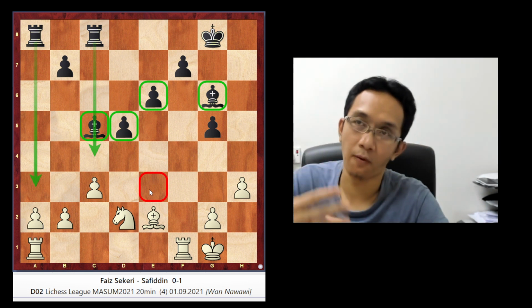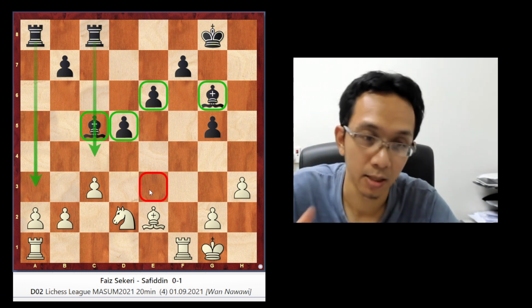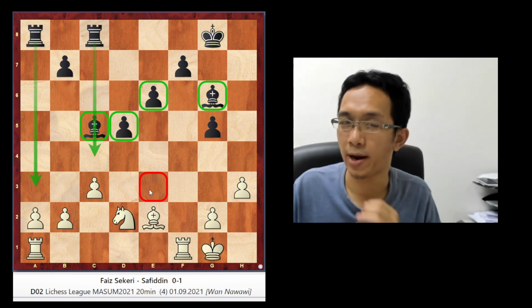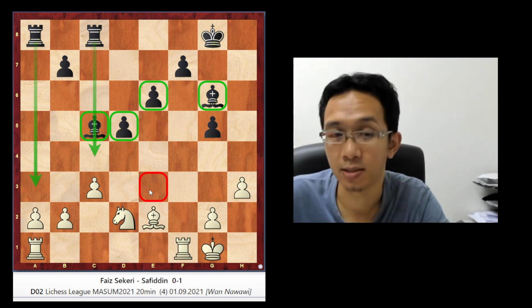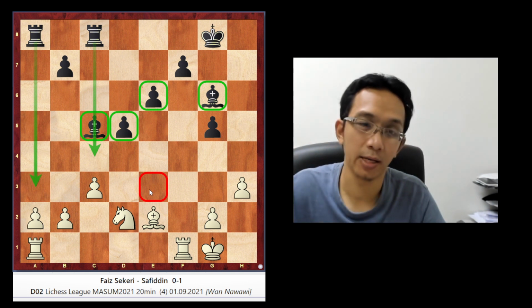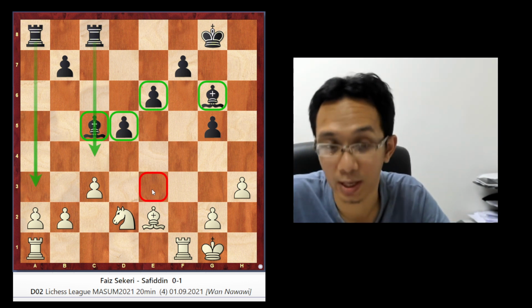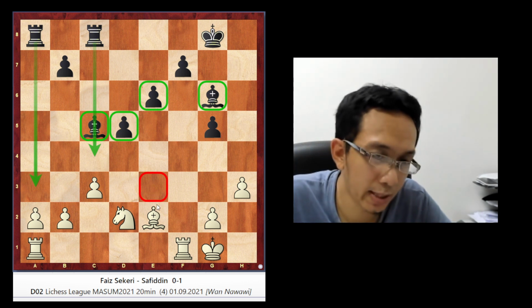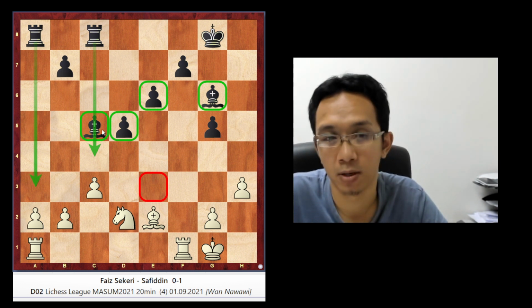Normally for a beginner, the concept of squares is quite difficult to grasp, but in high-level chess, the concept of weak squares is very important. For example, here the square on e3 is very weak, and we see that black has this dark-square bishop.